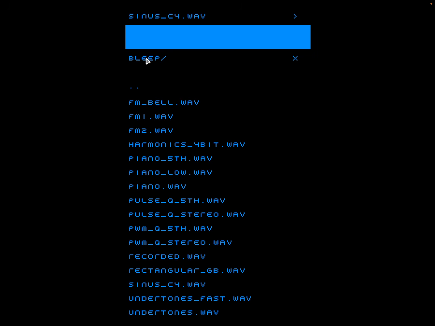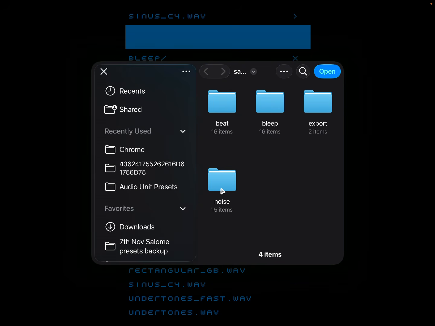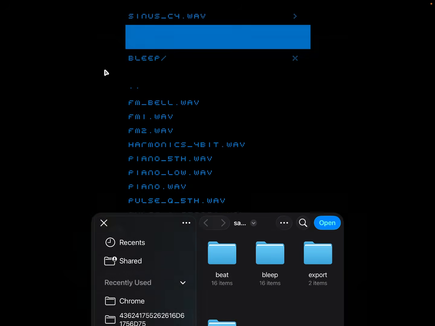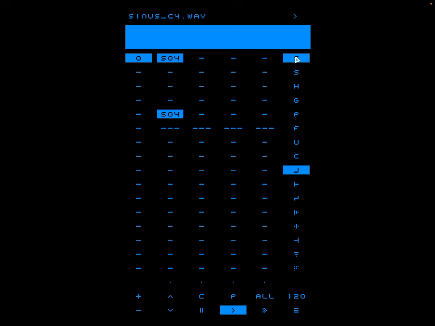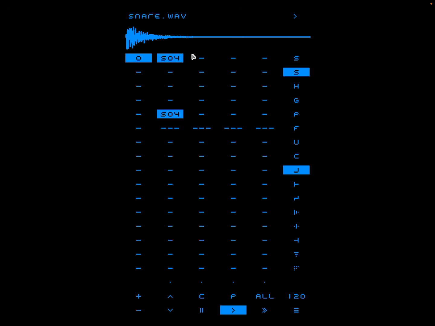So yeah, I won't bother demoing this noise folder right now, which also comes with it, but maybe we'll see some of those later. So here we have now this sine. Then if I tap here, now we have a snare, right? So I can tap, and what you really need to understand with this tracker workflow,